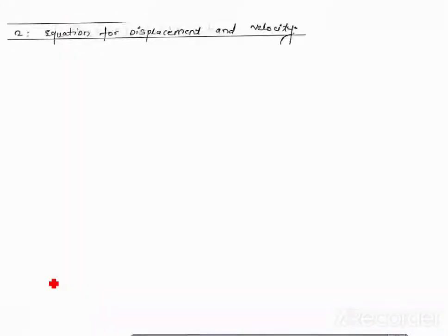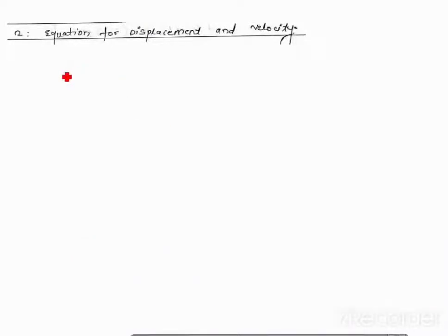Once I write the output equation, you will understand. Now the equation for displacement and velocity. First of all, you have to find out the equation of x of t, x and x dot, and then you have to find out the magnitude of this. These two are nothing but the output equations, right? And then the magnitude.